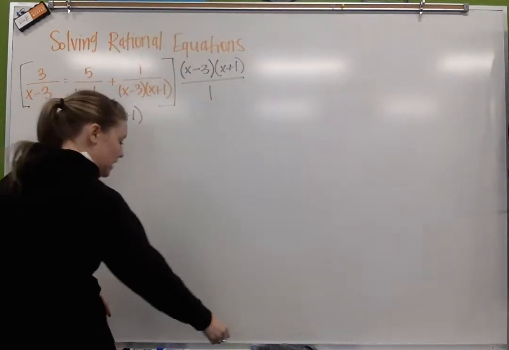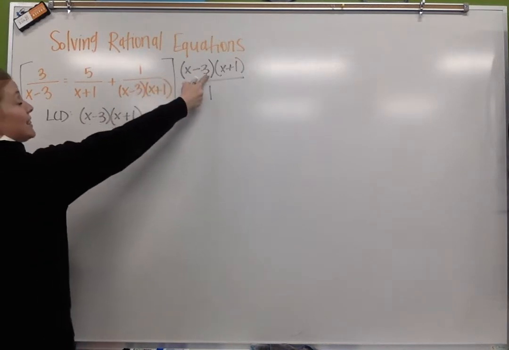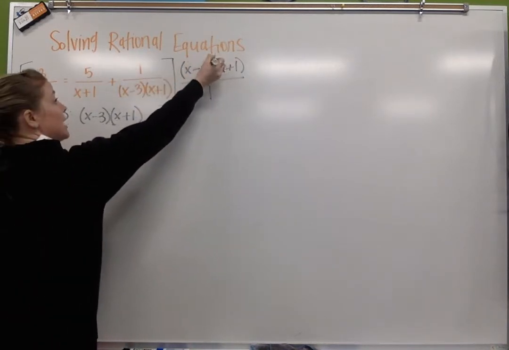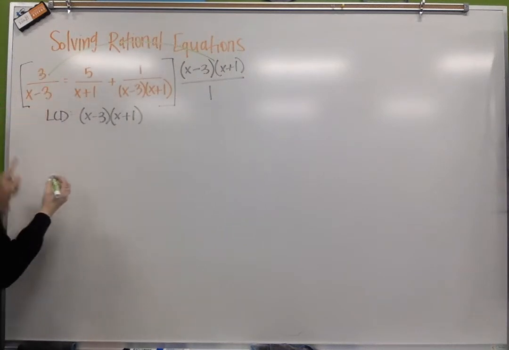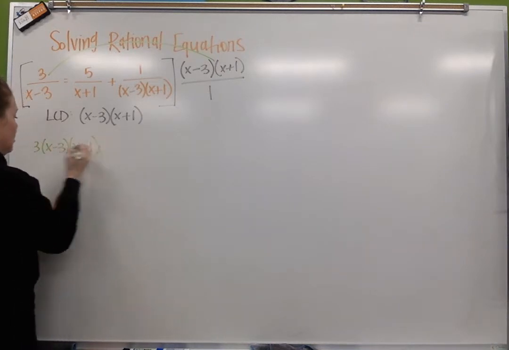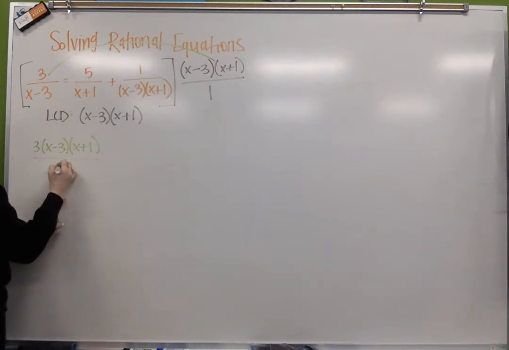I'm going to take this and multiply it to 3 over x minus 3. So I'm going to distribute it in. That gives me 3 times x minus 3 times x plus 1 all over x minus 3